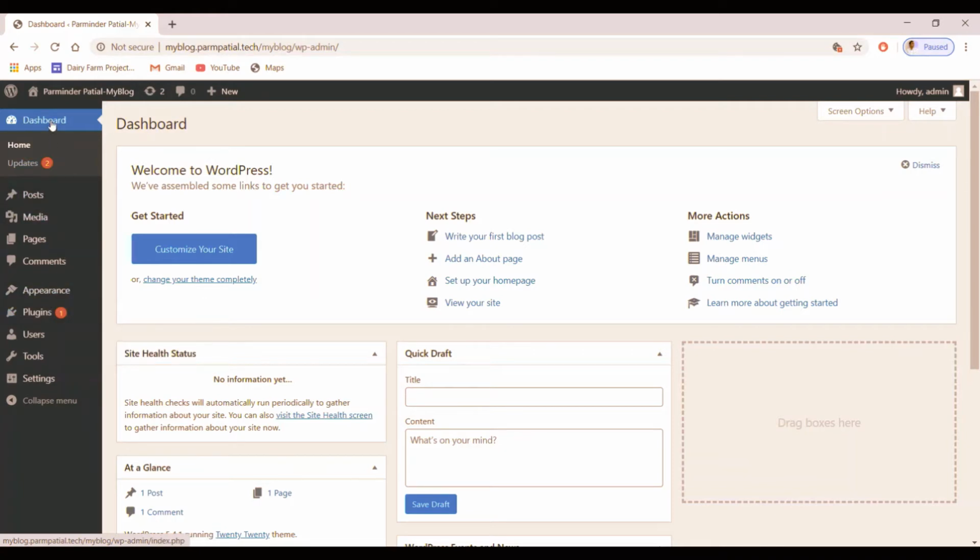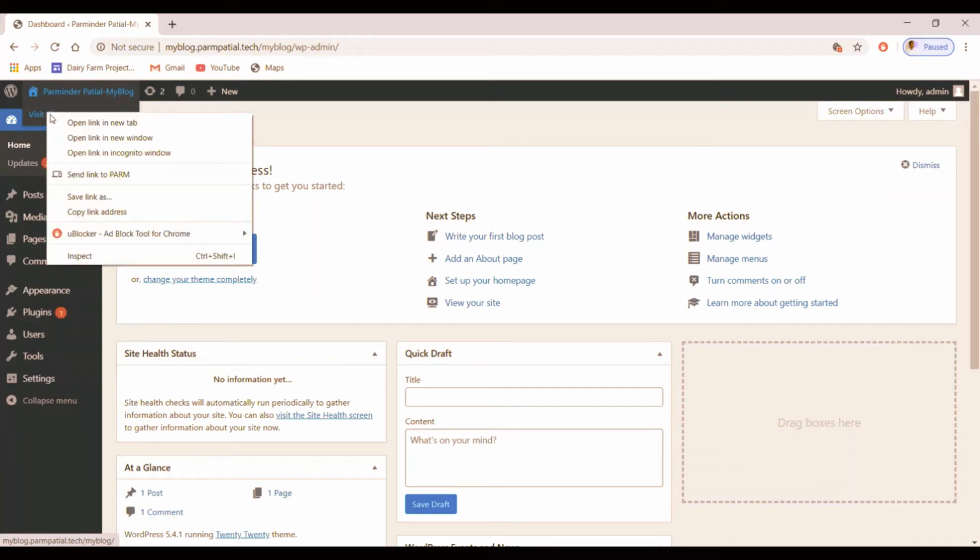If you look at this, when we hover here, this is a WordPress icon, and then you will find a home icon. If you want to see your website, you right click here or simply click it, or if you want to open it in a new tab, you right click here, then click on new tab.